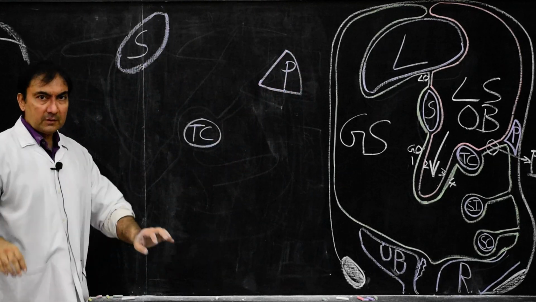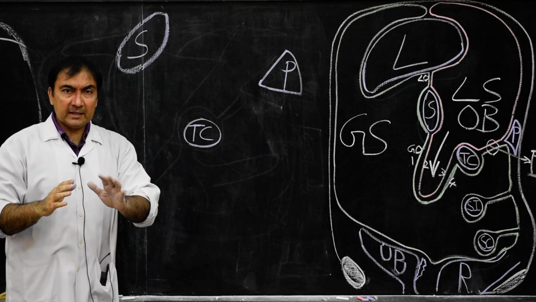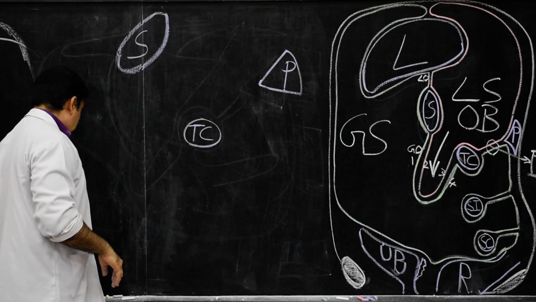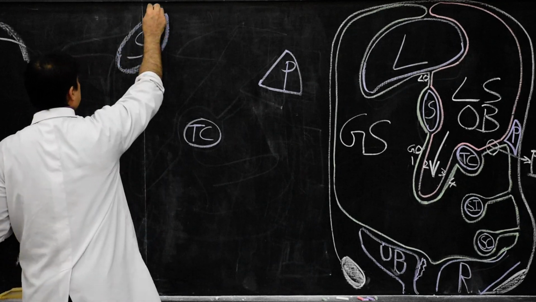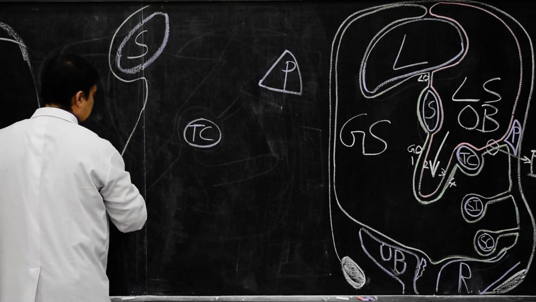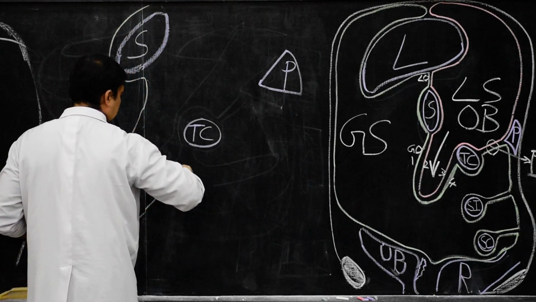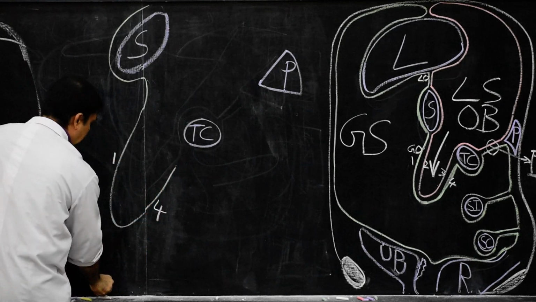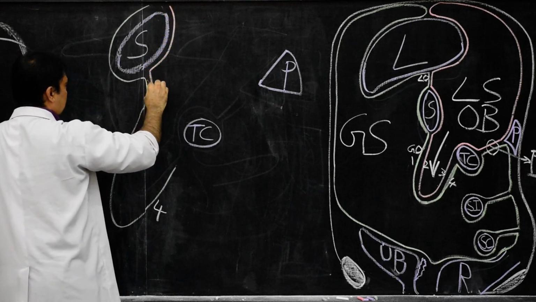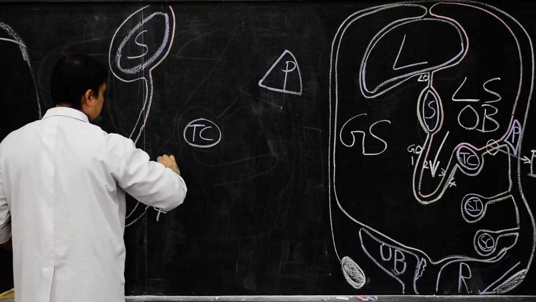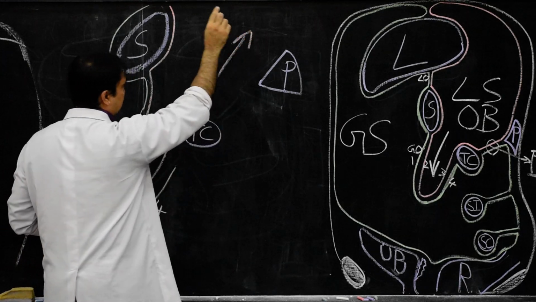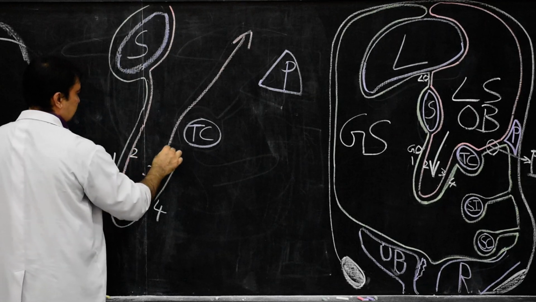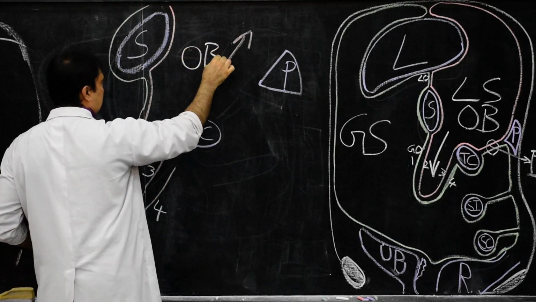So now, in intra-embryonic life and even a few years after birth, how will the reflection of the peritoneum be? The entire peritoneum, as it is coming down as the first layer, will continue as the fourth layer. So here I write first layer, fourth layer of the greater omentum, and inside we show the second layer, which will continue as the third layer and which will continue into the omental bursa. This is the third layer, this is the omental bursa.